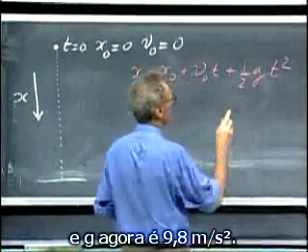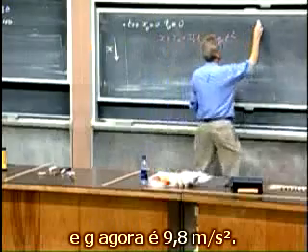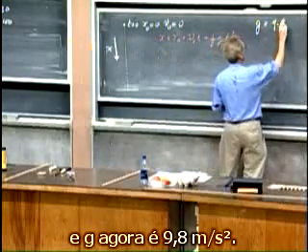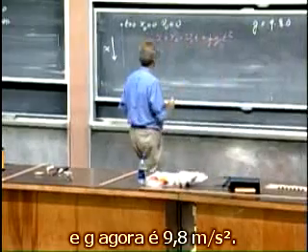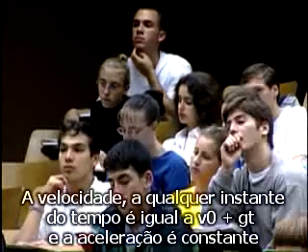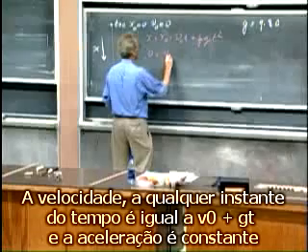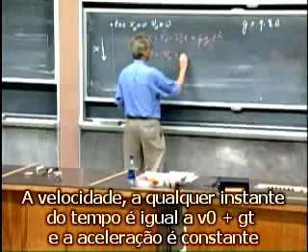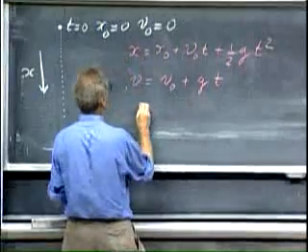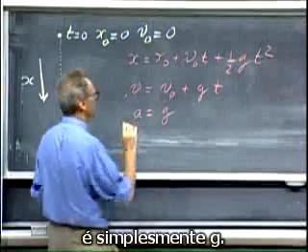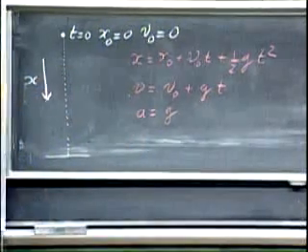And g now is 9.80 meters per second squared. The velocity at any moment in time equals v0 plus gt, and the acceleration is constant, is simply g. Now, in my case,